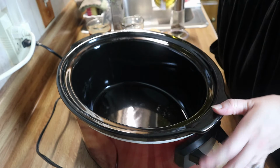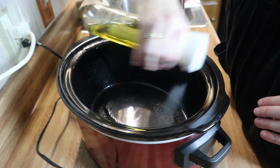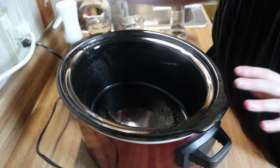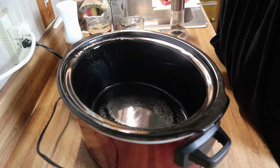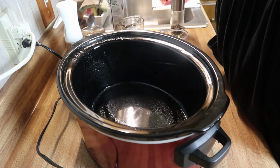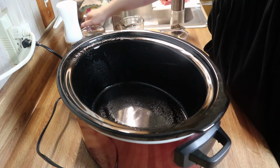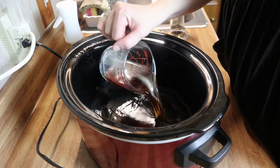I've got some oil here. I'm going to go ahead and spray my crock pot. You don't have to do this. You can use a crock pot liner or just leave it as is. So to this, I'm going to start adding my ingredients. I've got some beef broth here. I'm going to go ahead and add that in there,